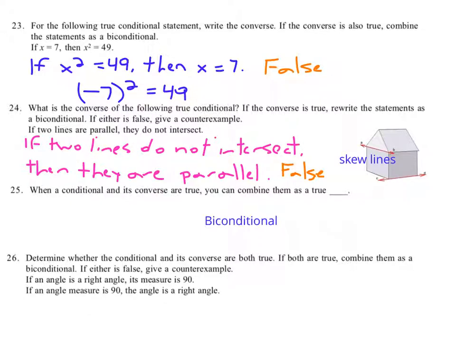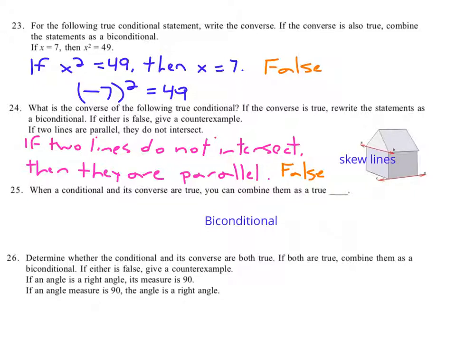Yep. And determine whether the conditional and its converse are both true. If they're both true, combine them as a biconditional. If either is false, give a counterexample. If an angle is a right angle, its measure is 90 degrees. That's true. The converse says if an angle measures 90 degrees, then the angle is a right angle. It's also true because this is the definition of right angle, is it measures 90 degrees. Okay? So we can combine that into a true biconditional that states,